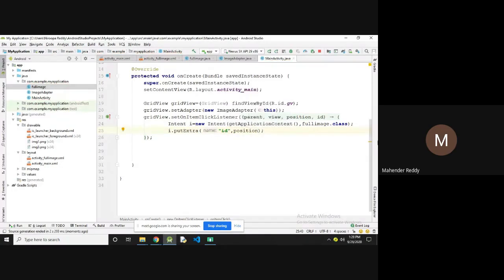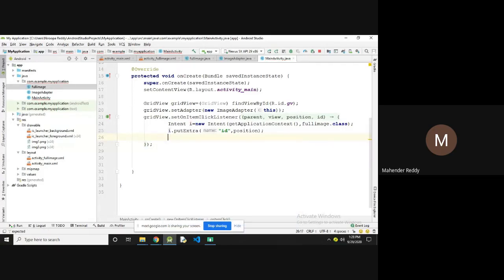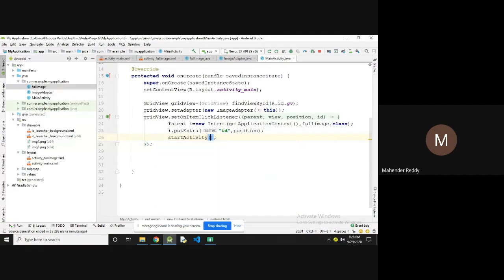So you are passing the position of each image as an id. Then i dot startActivity i. So now the activity is going to be called.